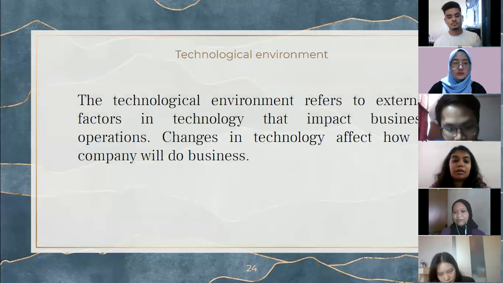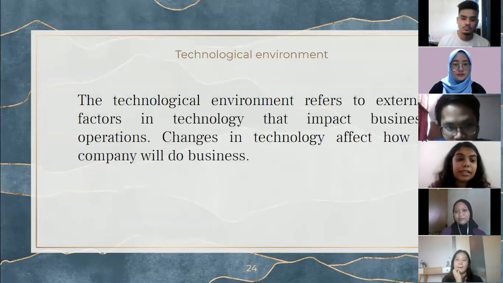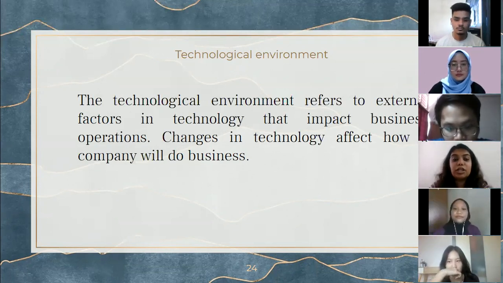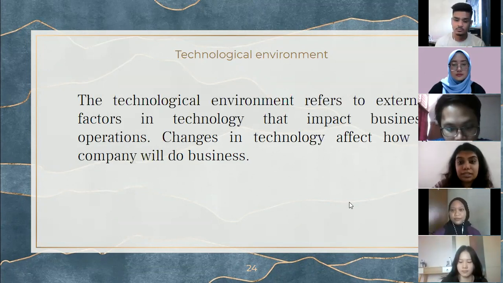Next, I'll be talking about the technological environment, where the technological environment refers to external factors in technology that impact business operations. Changes in technology affect how a company will do business. Next,